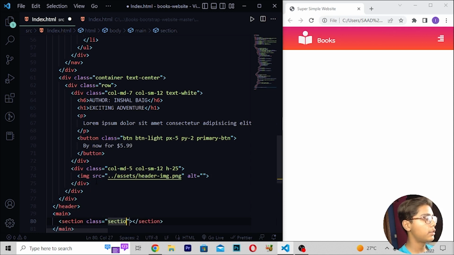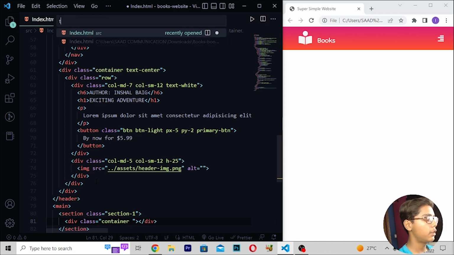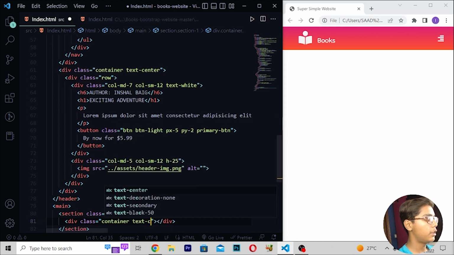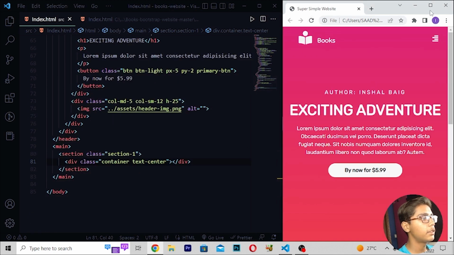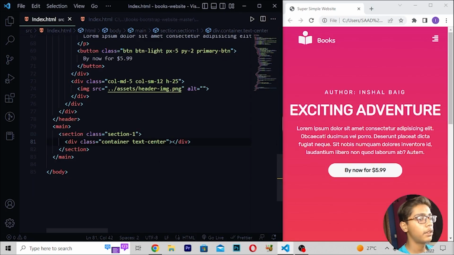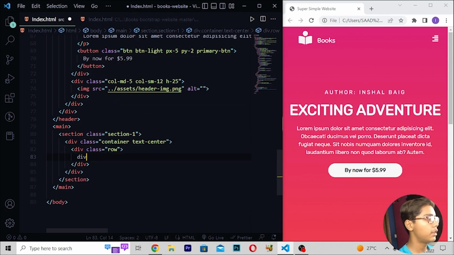Then you have to move down, right here div class container. So simply here I will be now writing, then you have to just write text-center. So simply here I will be moving, right here text-center, save this, reload. So you can see we are getting this thing. Now when you are getting this, here I will be moving in this tag, then I will be writing div class row like this, then right here div class here.